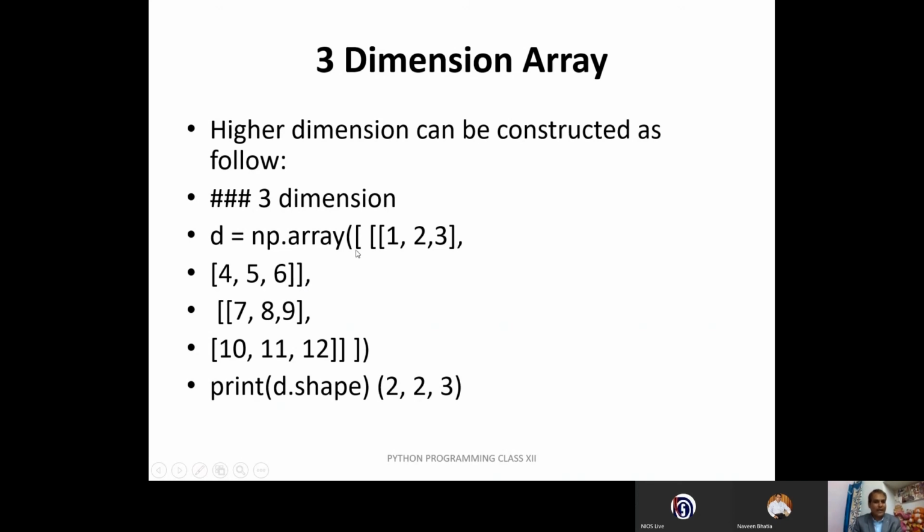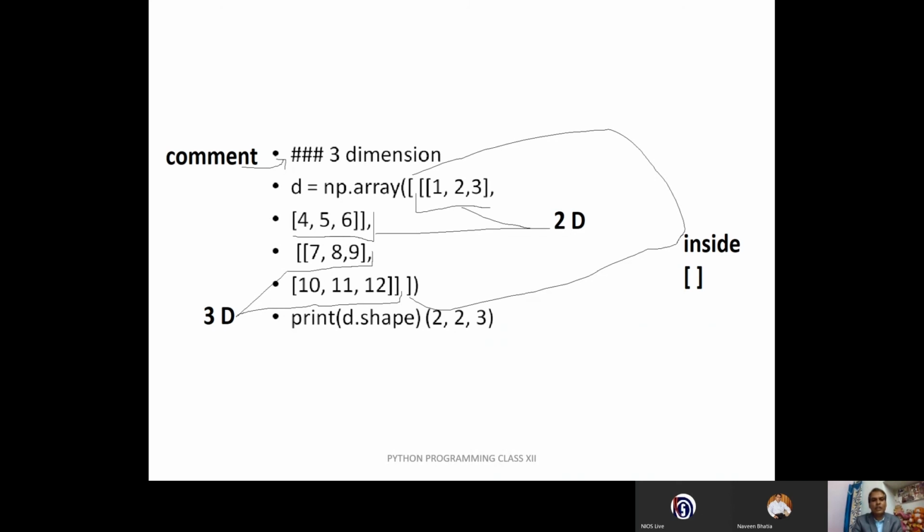Okay, the last bracket is available still here. So we have added one more dimension. That's why this is called a 3-dimension array. Number of rows are 2, number of columns are 2 they are displaying, and number of dimensions is 3. So this is the concept of 1D array, 2D array and 3D array. Is it clear? See this picture to try to understand.